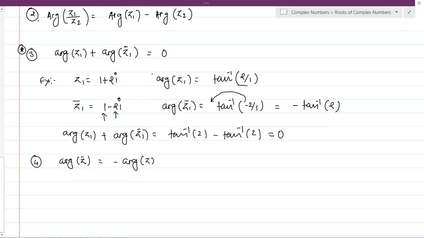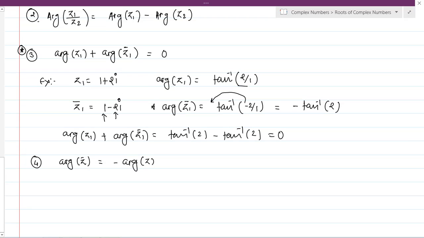Okay, argument of z1 bar, समजा है बघा. This is argument of z1 bar, which is nothing but minus of tan inverse of 2. मग argument of z काय झालं? It is tan inverse of 2. म्हणजे हे दोघांचे एक्झॅक्टली नेगेटिव्ह साइन असतील. So if it is plus, this will be minus. If the second is minus or plus, the first one will have the opposite sign. Okay, so exactly the complex number and its conjugate will have opposite signs. So this is my property number 4.